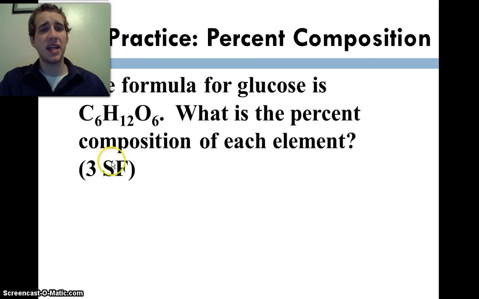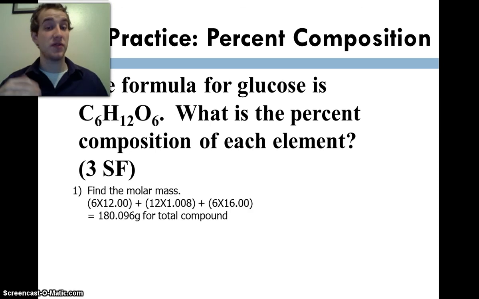So we're going to go to the periodic table and we're going to add them all up. We've got 6 carbons plus 12 hydrogens plus 6 oxygens. So the average atomic mass for carbon is 12.01, I think. Pretty sure, last I checked. 12.01, we've got 6 of them. So 12.01 times 6 plus the mass from hydrogen, which is 1.008 times 12, plus the mass of oxygen, which is 16.00 times 6. We add all those up together and we should get the entire molar mass, which for this should be